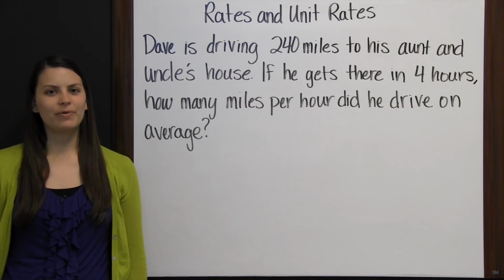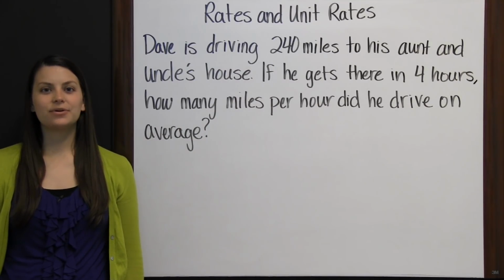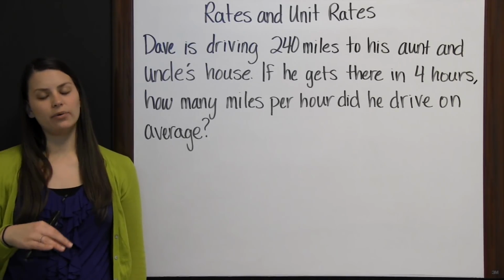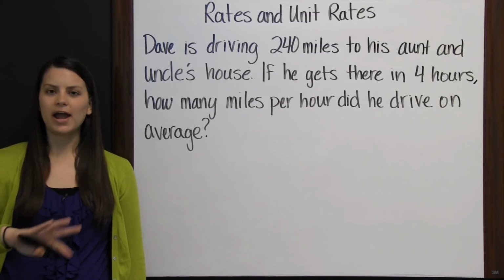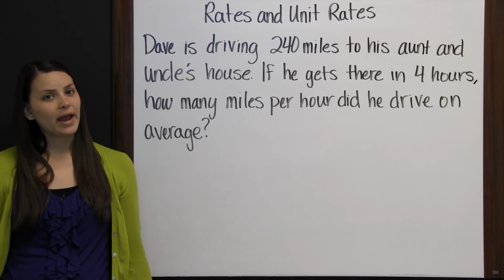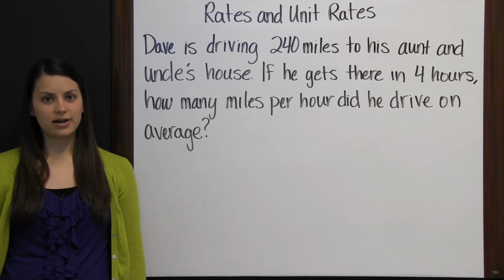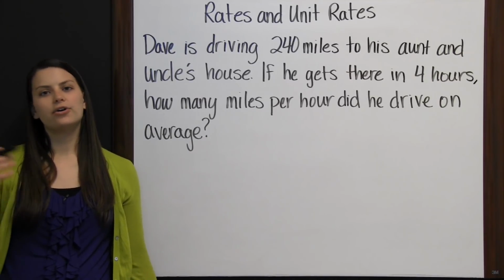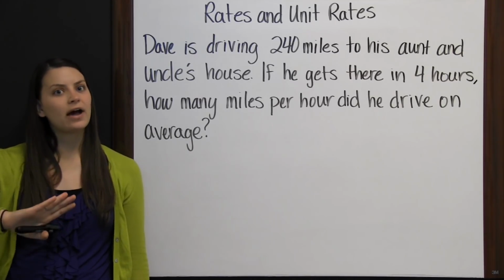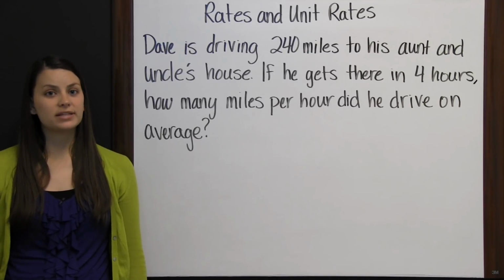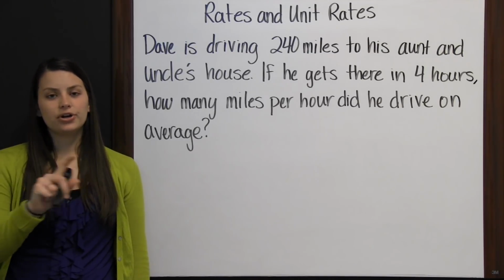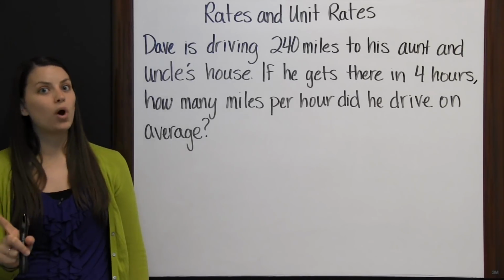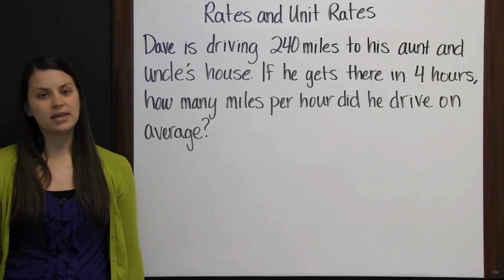Rates and unit rates. Ratios are considered rates when they compare two different units, like miles per hour or cost per ounce. A unit rate is one in which the numerator of the fraction is compared to a denominator of 1 unit. That way you can tell, for instance, how much just 1 ounce of something costs. And you'll see unit rates a lot at the grocery store under or next to the price of an item. It'll tell you how much that item costs for every 1 ounce or for every one thing in the package.